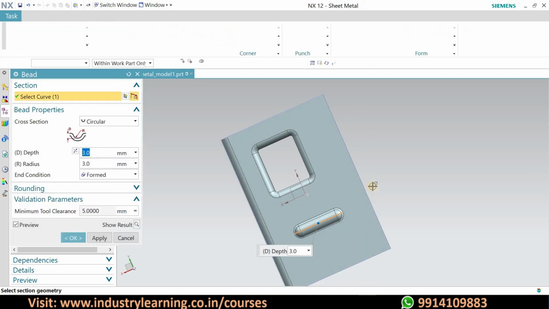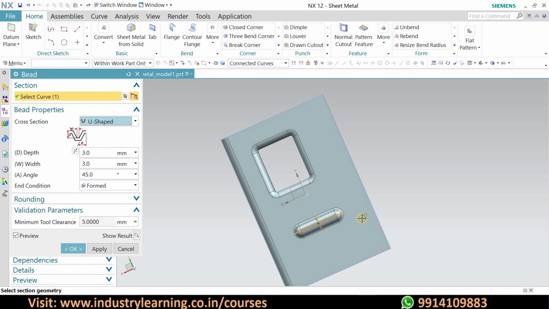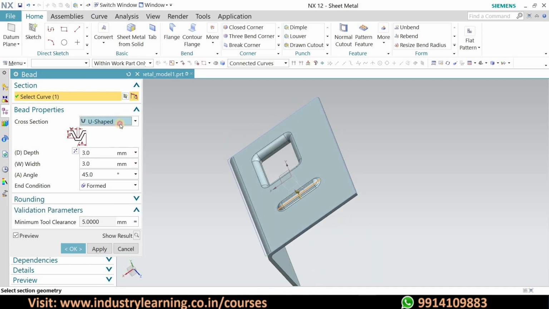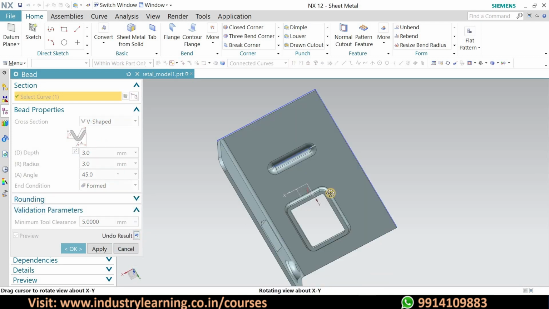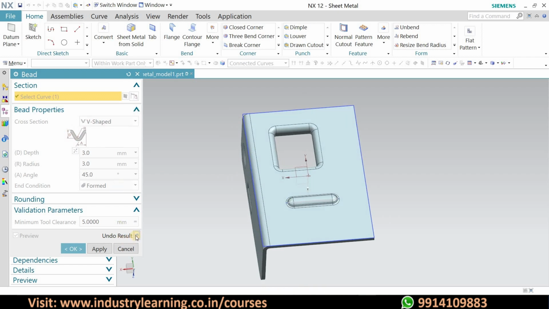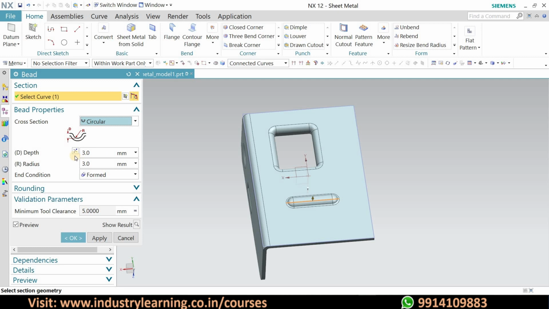So on this line the bead will be created, and that will be either circular, U shape, or V shape, depending upon our requirement. You can click here to see the result like this, and for each and every function we can change. If we have U shape, then we will have depth, radius, and this is formed length, punched, everything will be changeable.